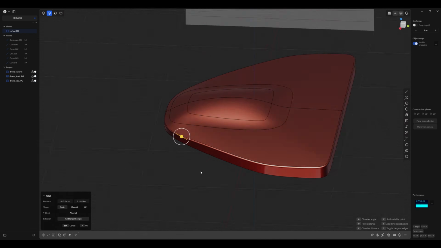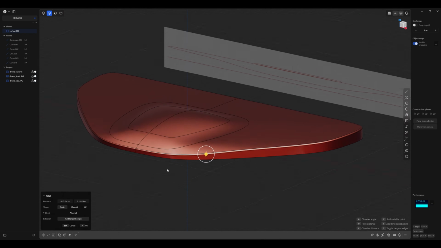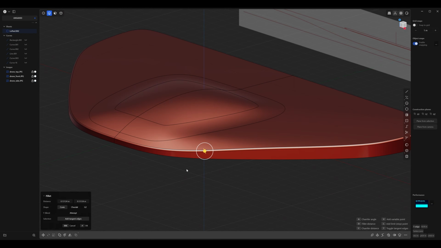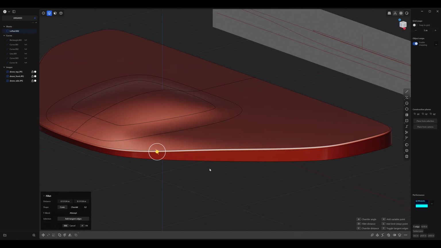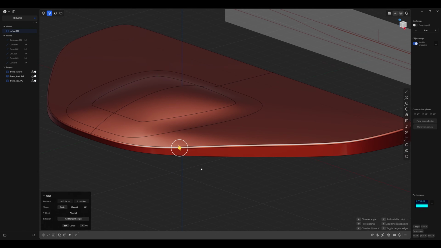So you see it's the same size throughout, but what we want is maybe a thinner fillet in the front and a wider one in the back. And without accepting just yet, just press V to add a variable point. And now you can just hover over the edge and click once here, and then click once around here.